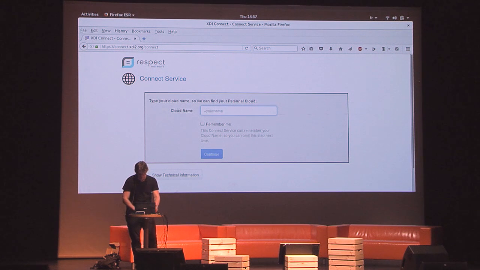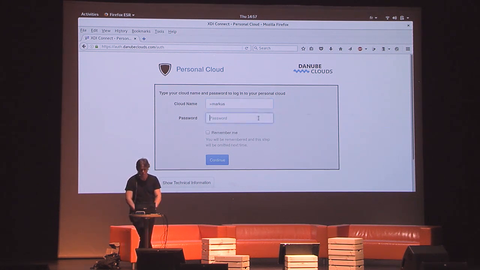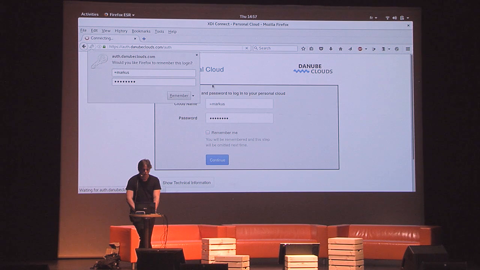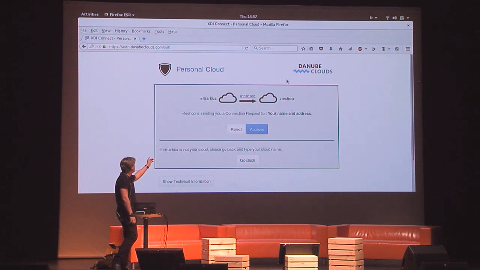So in the XDI model, the idea is that the supermarket needs to know this identifier, right? Remember, we said we have these identifiers, these names for myself. So this is what I type, and then I get redirected to my personal cloud where my data is, and this flow is very similar to what you would do with OAuth and UMA. It's a classic redirect flow, and as a user, you get an authorization screen. You see that data will go from equals Markus to this supermarket,